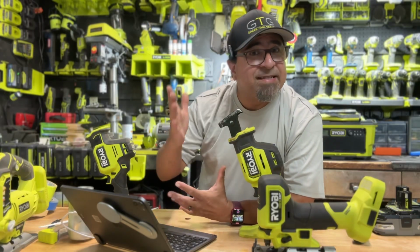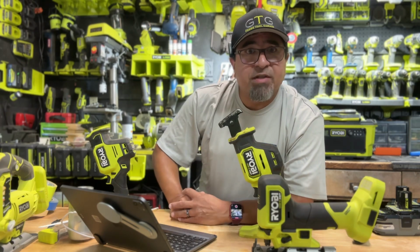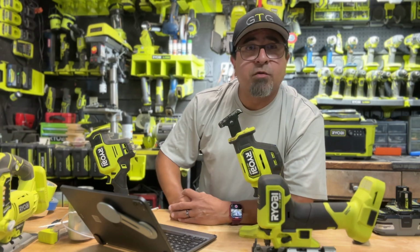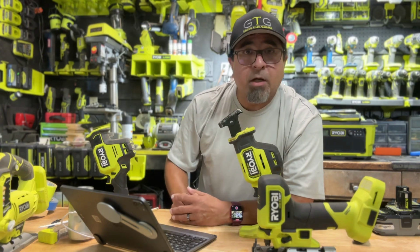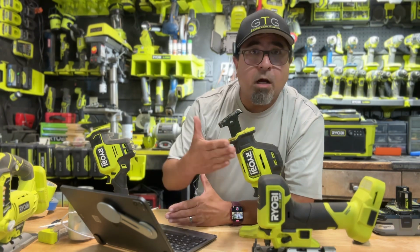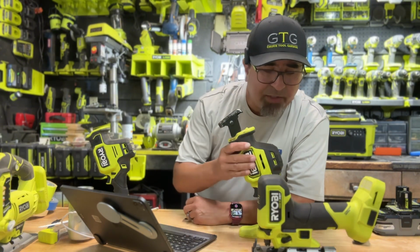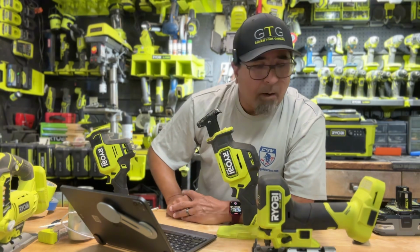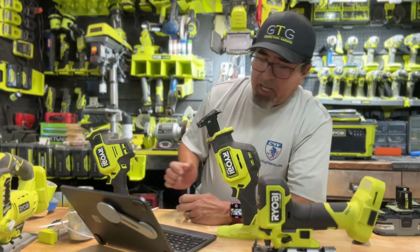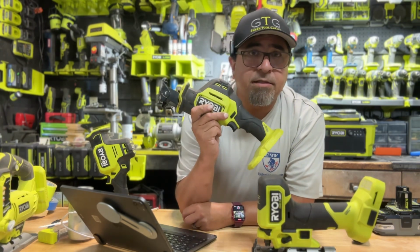You may have already seen the press release this morning announced by RYOBI Tools USA regarding some upcoming tools that are getting ready to be released in the very near future. And today I'm going to highlight a couple of the tools that were mentioned in the press release, which is the all-new barrel grip 18-volt brushless jigsaw and the new successor to the one-handed